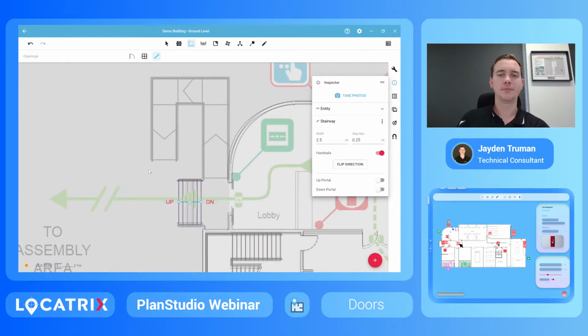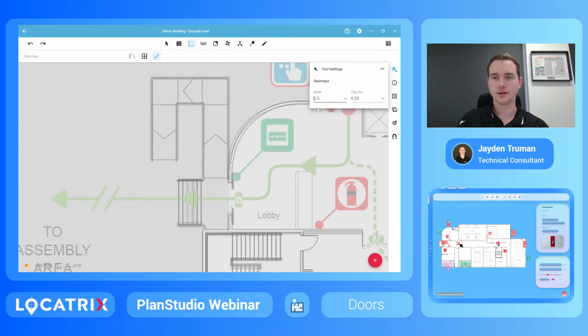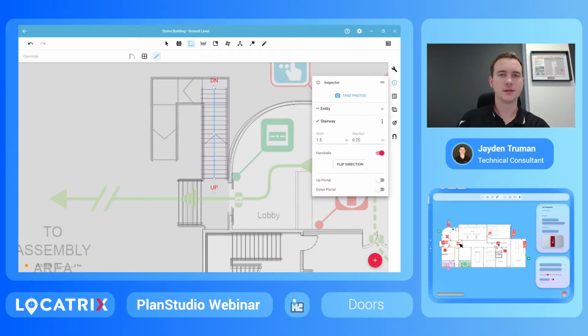But now we've got our ramp here. Now, to do a ramp, essentially we're using the stair tool, but in a different way. So if we click and drag, I'm doing that so I can manipulate that size back. Click and drag, roughly get to the center of that landing there, put in our curve, like so. Now that we've got our ramp outline, we're going to come back to the selection tool,